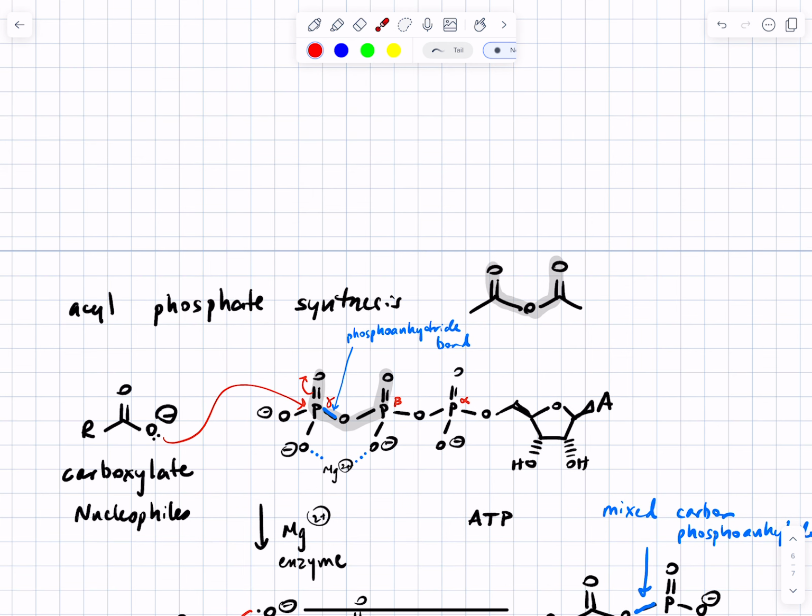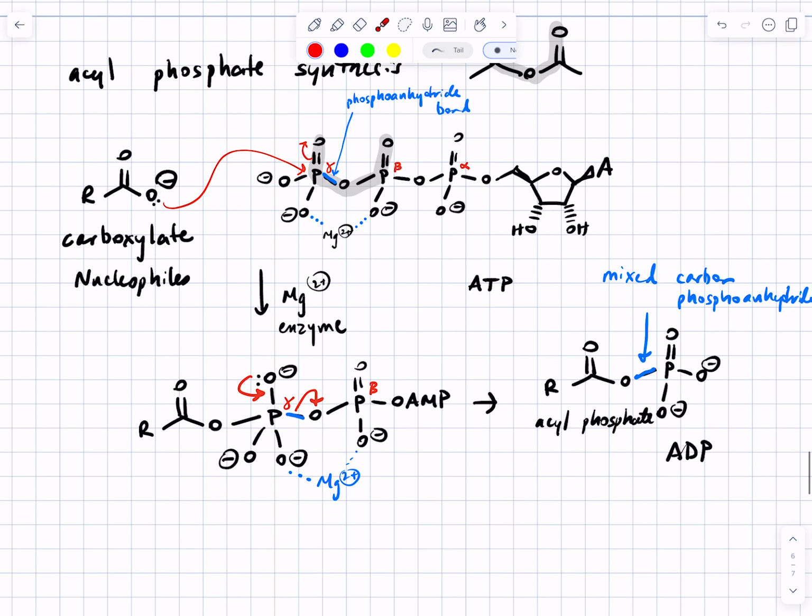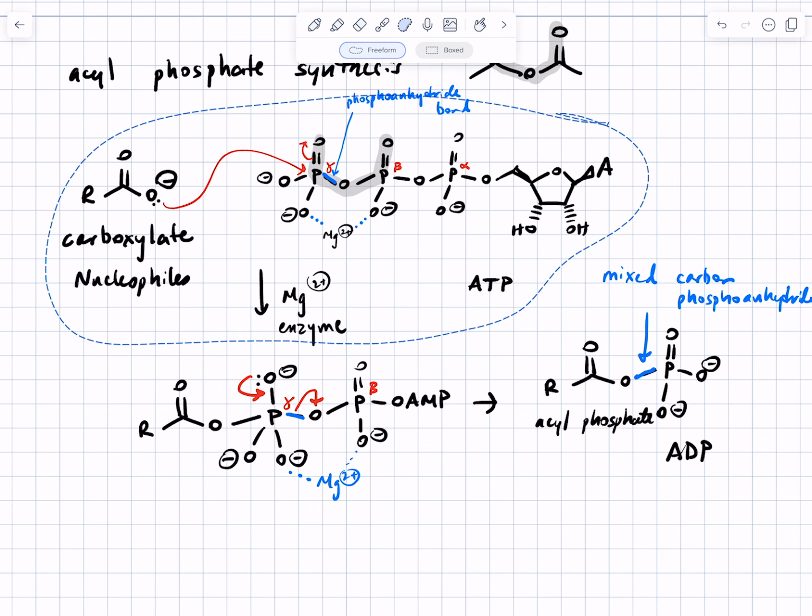No, this is ATP. If the carboxylate attacked at the alpha, then the AMP is what you would get. We have just enough time for me to illustrate that, but only via copy and paste. So for those of you who are drawing on paper,